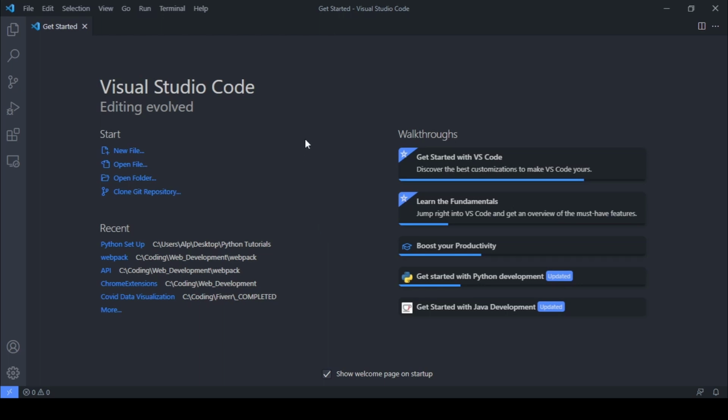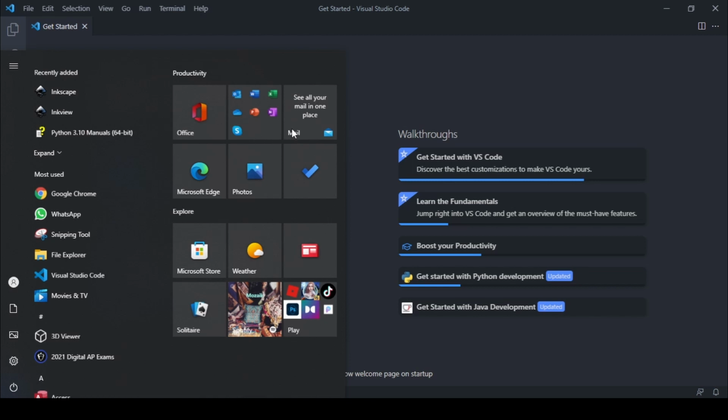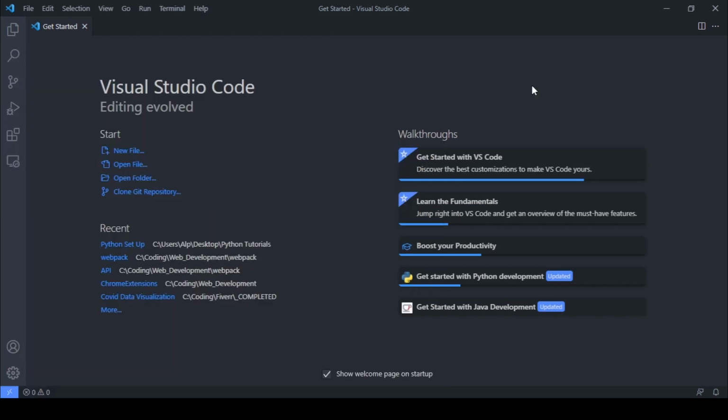So as you can see, I have already opened up my Visual Studio Code app, and if you haven't already, you can open it up by writing VS Code. And if you don't see VS Code installed on your computer, you can check out the previous video we have in this series, in which we covered installing Visual Studio Code and Python as well.